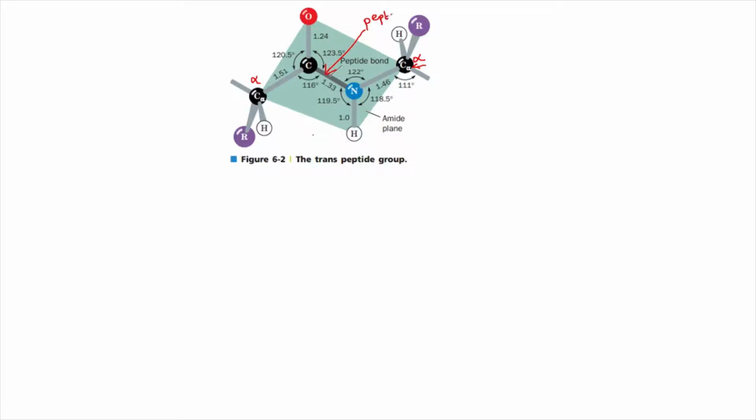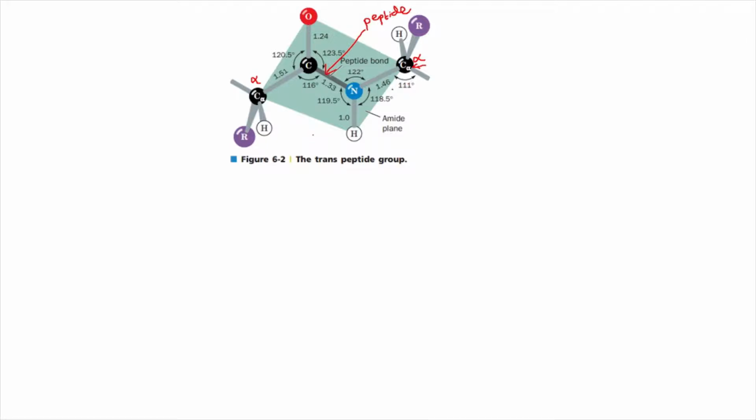So this C-N bond present between these two amino acids is the peptide bond, and this is the bond where you have the resonance. We know that in the peptide bond we have resonance. So this bond between C and N is the peptide bond where you have the resonance, and because of this resonance the bond length is shorter, because of partial double bond character.